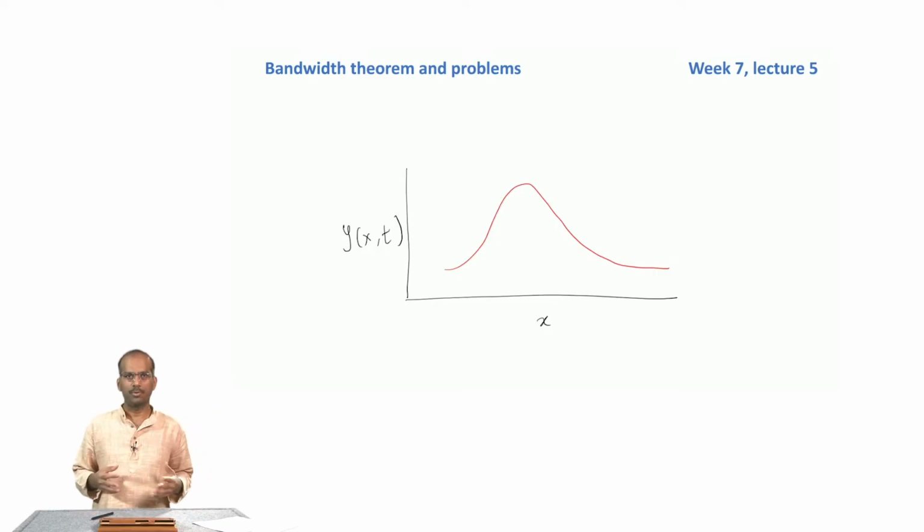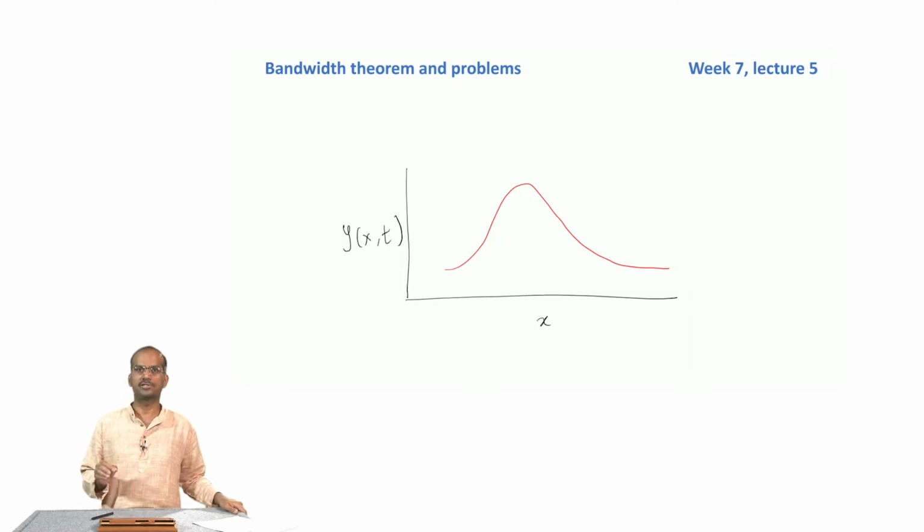Let us say I have a group of waves constructed from several frequency components put together, and maybe the profile or shape of the wave is as I have drawn it here. It shows y as a function of x at a fixed time t. If there is no dispersion, of course, it will maintain the profile and go ahead, but can we define a time scale over which this profile will be maintained even in a dispersive medium?